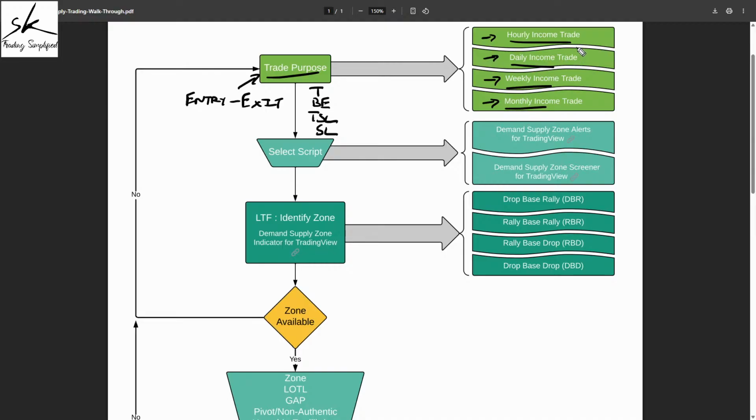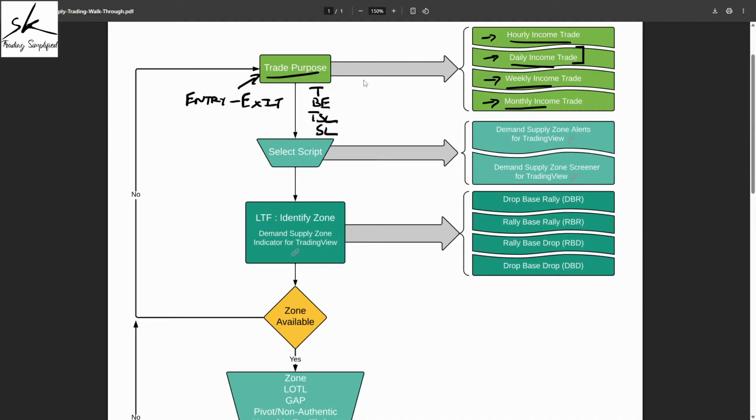Now, very important, by definition, I said daily income is a trade which can last for a day or few days. But when you're trading markets which are not 24-hour markets, your market will close at some specific time, and then whenever is the next trading day, it will open. I'm pretty sure all of you would have experienced that whenever the market opens, some of the symbols gap up and some of the symbols gap down. Because of this gap up, gap down, if you get a gap in your favor, you might get a profit bigger than what you were expecting on that trade. But if you get a gap against you, you can also lose more than what you were willing to lose on that trade.